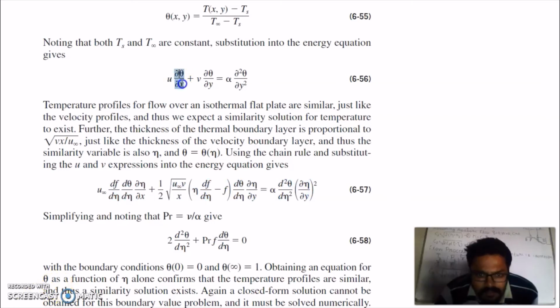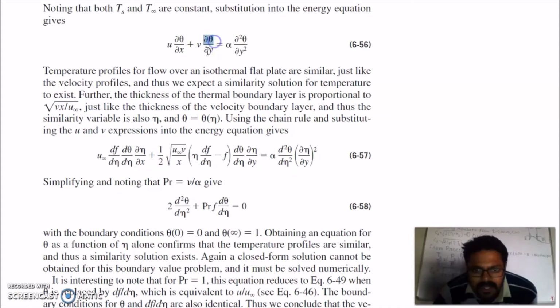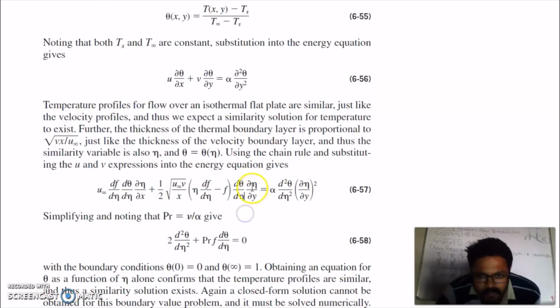We also have to place this value, which is del theta by del x. You can write del theta by del x in this form, del theta by del eta into del eta by del x. Also, you can write del theta by del phi in this form, del theta by del y, and you can multiply by this factor and divide by this factor. Now put the value of this and the value of this here, and on solving and rearranging,